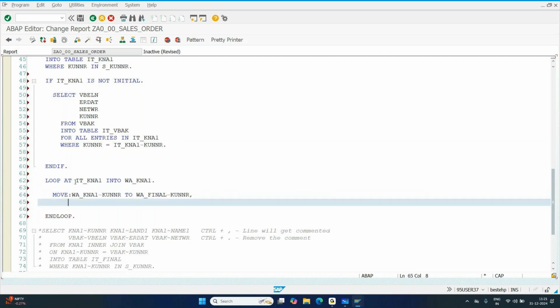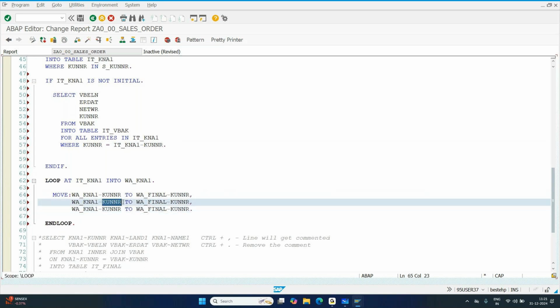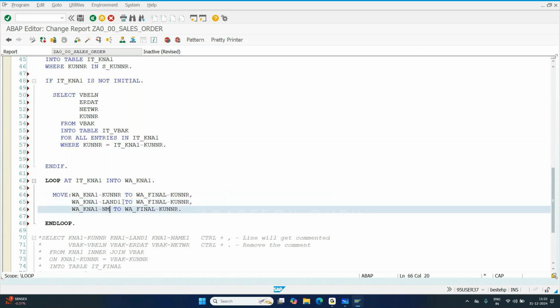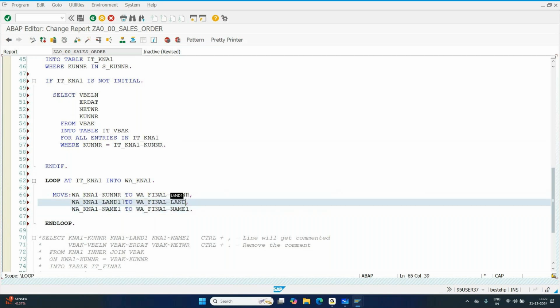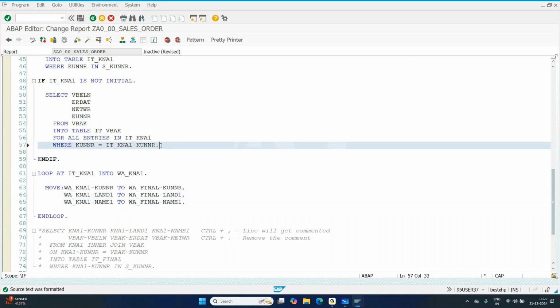Kunnr, Land1, Name1. This is Kunnr. Okay. Save. Pretty printer. Done. Okay. Now,